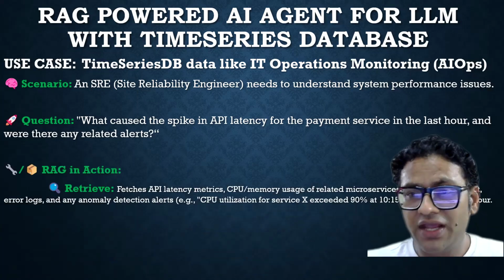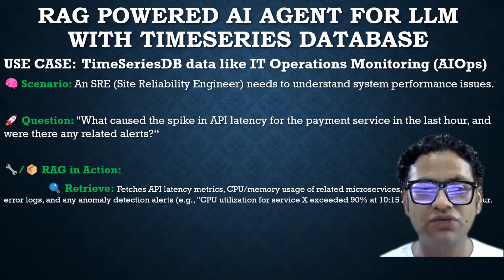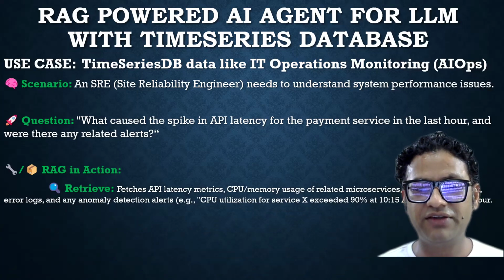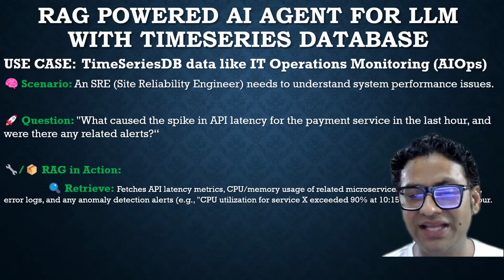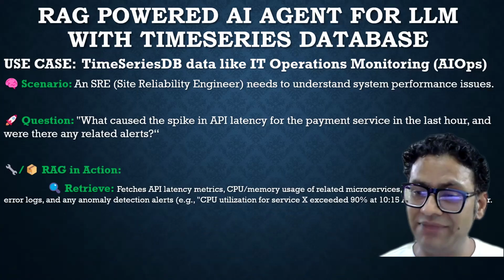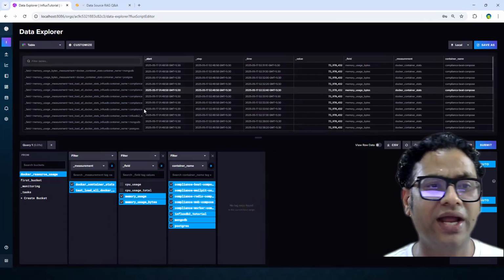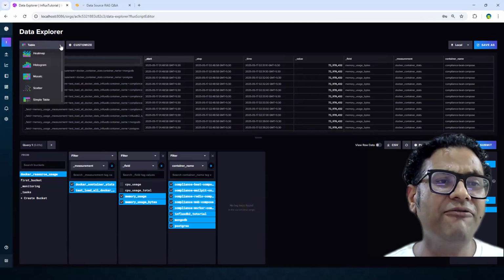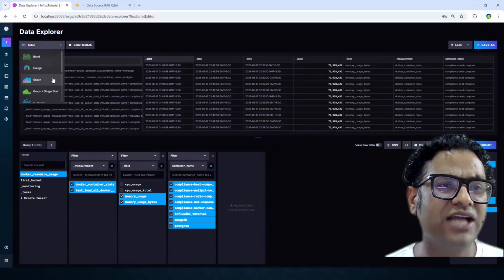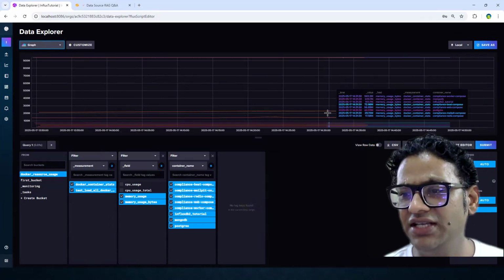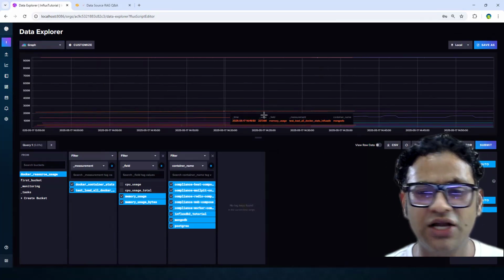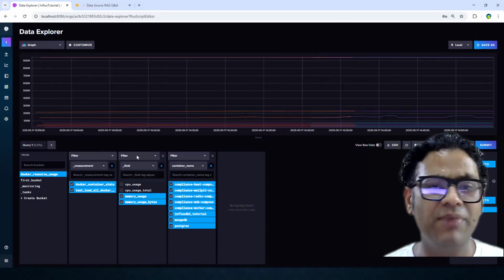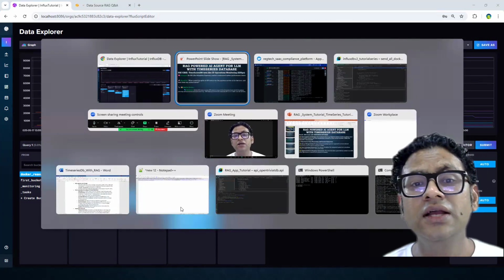right? That is where our RAG application will come into the picture, where it is going to retrieve API latency metrics, and we have to make sure that whatever API latency metrics we have for our application are actually being stored in the time series database, as I just showed you right here. If you look, for every second our data is being stored here in a time series, and you can see all those continuous lines denoting the memory utilization for all the Docker containers,